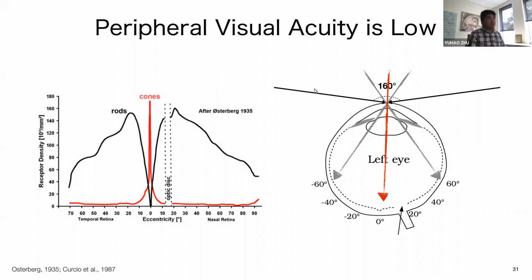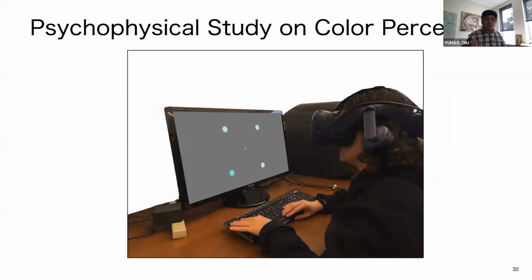What this means is that even though you have to generate information across a wider field of view, only a small portion of it needs to be of high fidelity. The peripheral pixels, you don't really care as long as there's some stuff there, right? Our goal is to maintain the same user perception while reducing the processing overhead. And in particular, in this work at least, we're talking about color perception. So basically, the idea is that you can't really tell with high accuracy what color it is in your peripheral vision. Your color vision is sort of confused in the periphery.